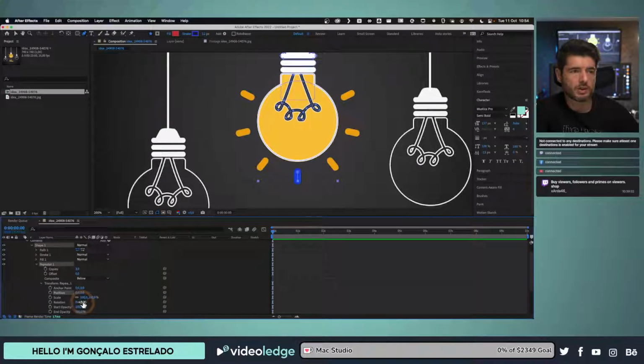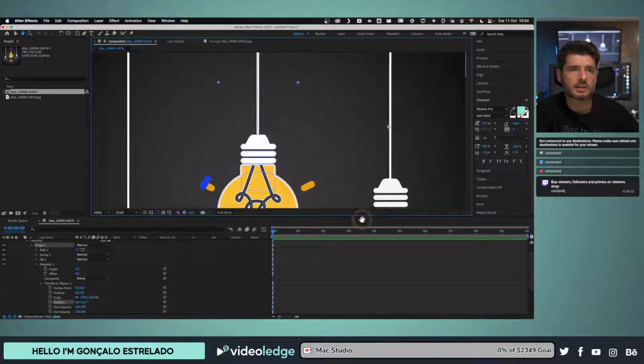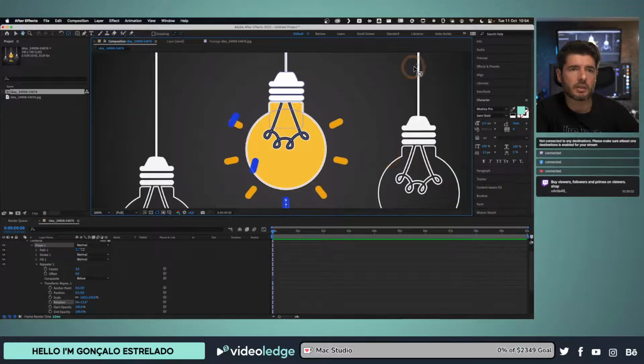What I want is to give rotation, and as you can see, it's rotating like this. Where is it rotating from? The anchor point. If you try to change the anchor point of this, you see that we don't even see where the anchor point is. Oh, it is over here. Okay, if we drag the anchor point over here,